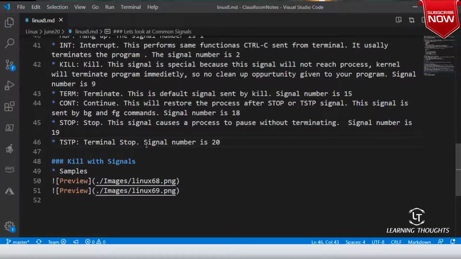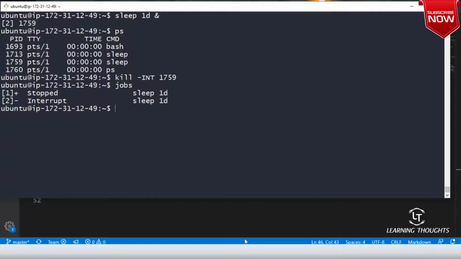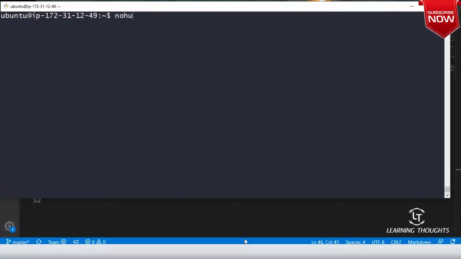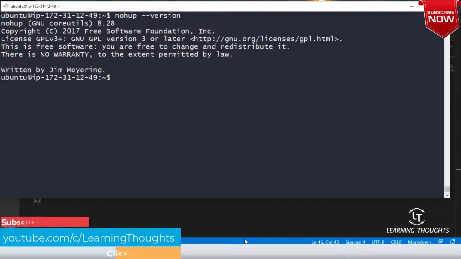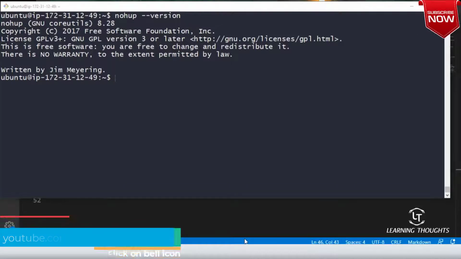Generally, whenever we work with bash, there is one interesting command, which is called nohup, with --version. The nohup means don't hang up, no hang up.